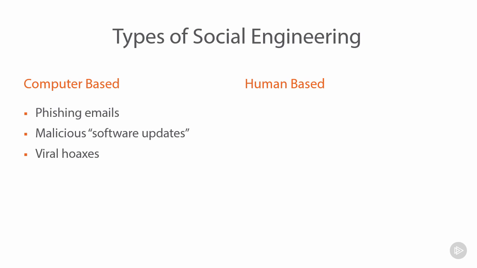Same again with viral hoaxes. So for example, we just saw the Facebook one with the title that said, "She did that in public high school every day." That goes viral. People get very curious about it, they click on the link, and now they're propagating the hoax. But like the other two, it is also computer-based social engineering. And again, all that the victim is doing is interacting with their machine.